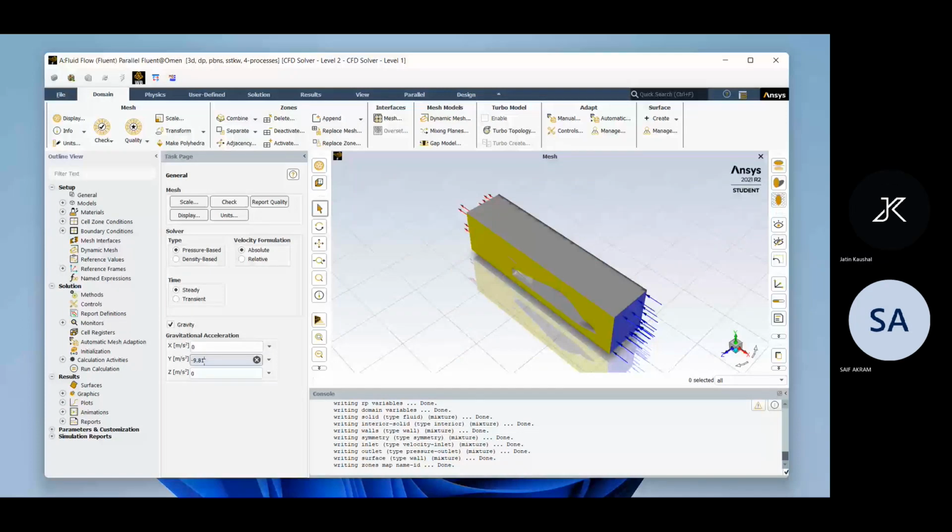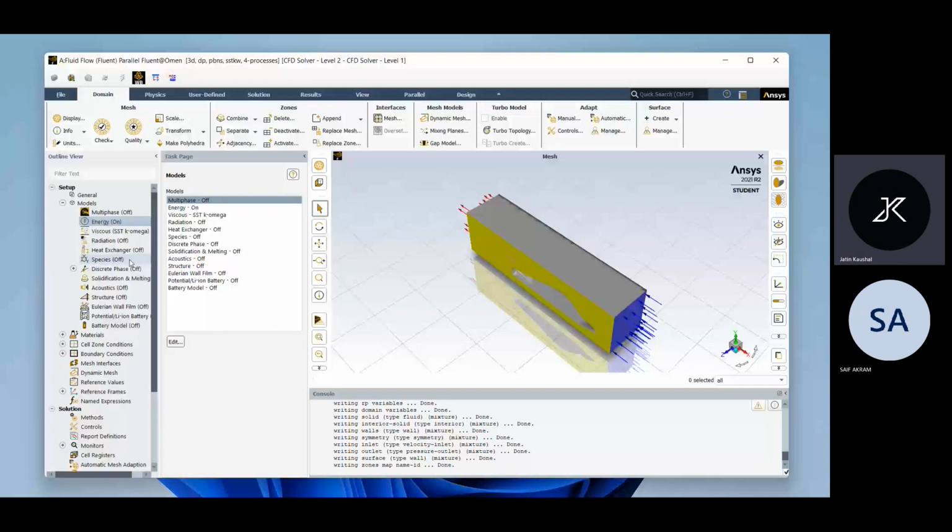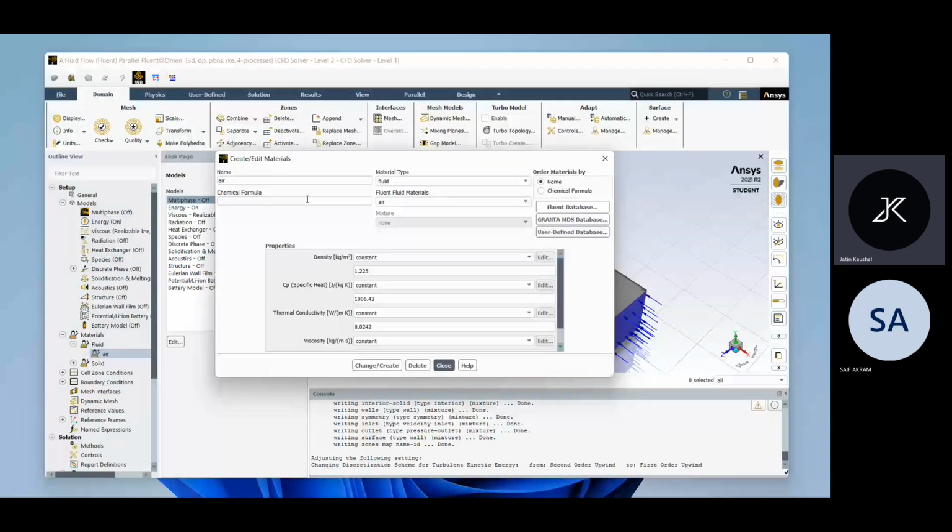The model which we'll be using is viscous, and in viscous we'll be doing the realizable k-epsilon model. By default air is selected, and if we want to do analysis in a different fluid, we can also set it. So yeah, we'll set the boundary conditions